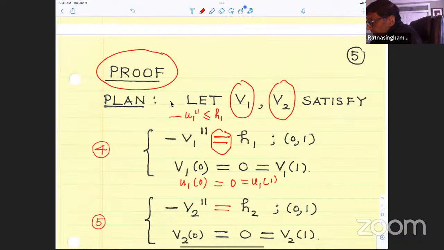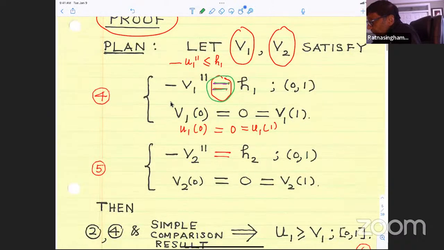So maybe I should put that in a different color. That's not too much of a different color, so let me try. Okay, and similarly, I will also define a V2 which satisfies equal to H2. Remember, your minus U2 double prime is less than or equal to H2. And of course,